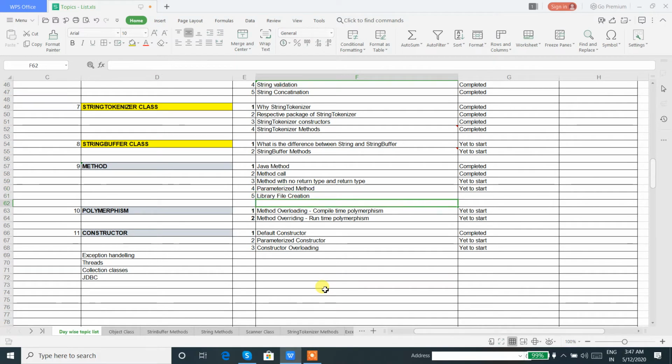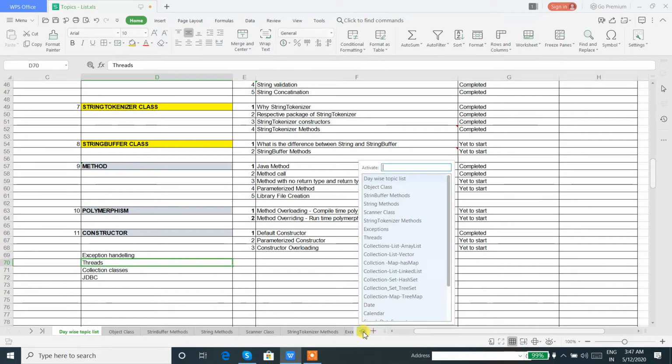Then we will be working with polymorphism, method overriding and method overloading, constructor overloading, parameterized constructor and default constructor. We will be working with exception handling and threads. So threads will also be one.